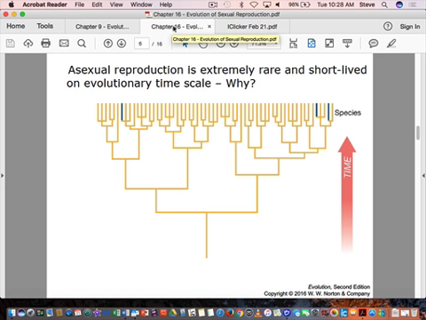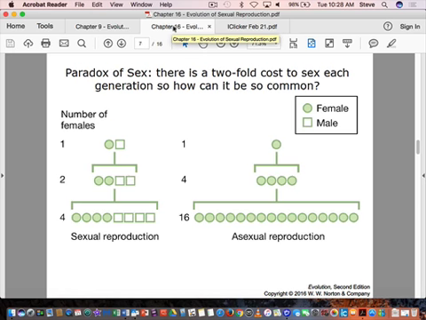So what does this suggest? What's the better thing to do? What's more advantageous? Sexual reproduction, right? And so it suggests there's selection: they arise, but asexual populations or asexual organisms don't persist for very long. So there must be something that's precluding them from persisting. Well, this is kind of surprising.